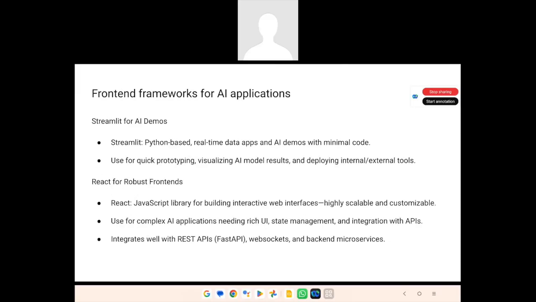So this MCP is the backend framework, and in front-end framework, as I mentioned before, we commonly use React. React is highly scalable. The biggest thing in React is you need not rebuild everything in the UI if you want to change a single component. Let's say you're building your UI for your chatbot, and I just want to change the send button. I want a text or I want to remove the text. You need not entirely rebuild the UI. You can just change the component.